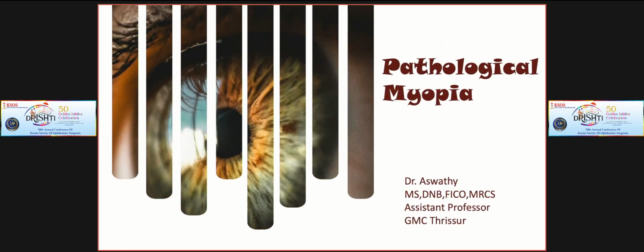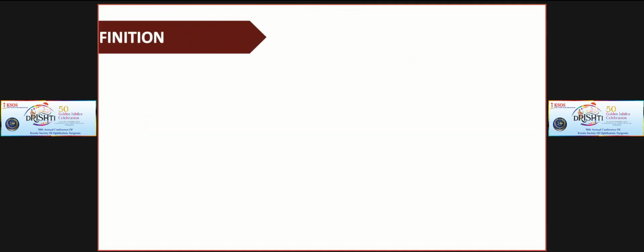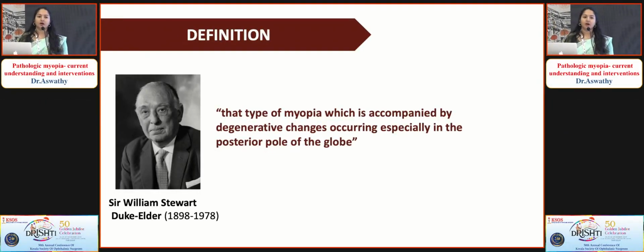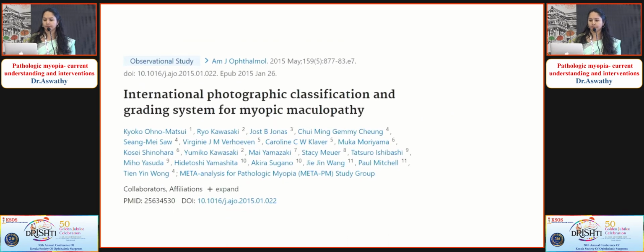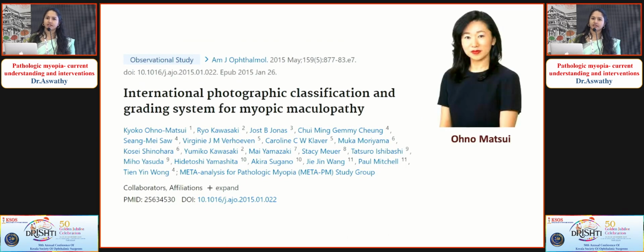Good morning all. My topic today is pathological myopia. So what is pathological myopia? Often we use it interchangeably with the term high myopia, but high myopia is just something with refractive error more than 6 diopters. Pathological myopia is that type of myopia which is accompanied by degenerative changes occurring especially in the posterior pole. A lot of confusion existed as to what to include and what not to include in pathological myopia,